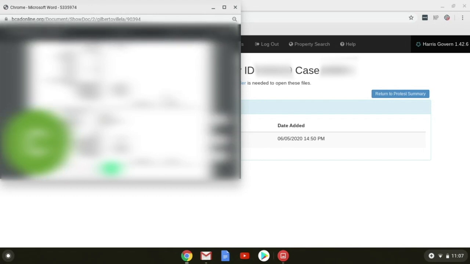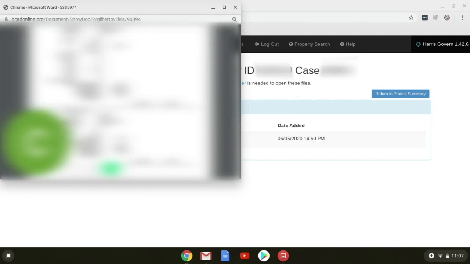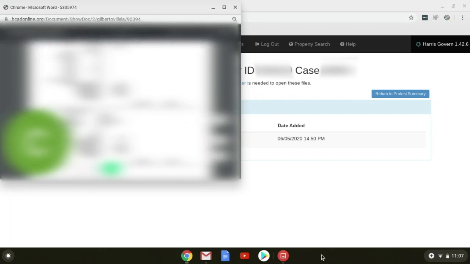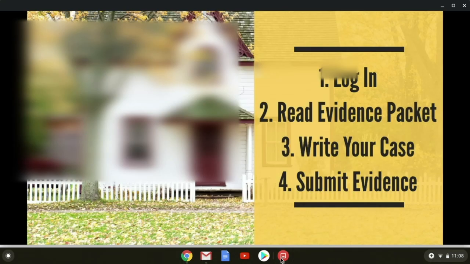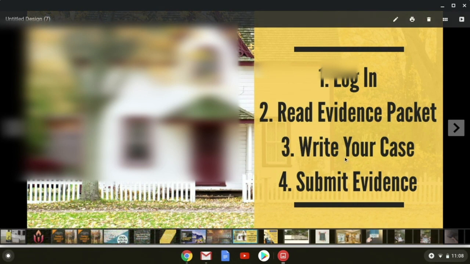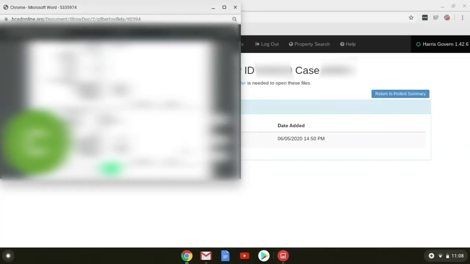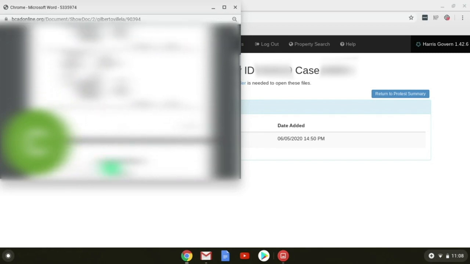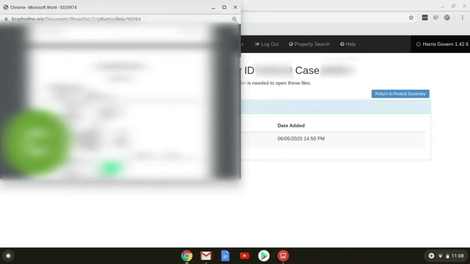So if there are any things in this section, that is the easiest to put into your protest. So make notes of that when you're reading your evidence packet. This is the first part you want to focus on.